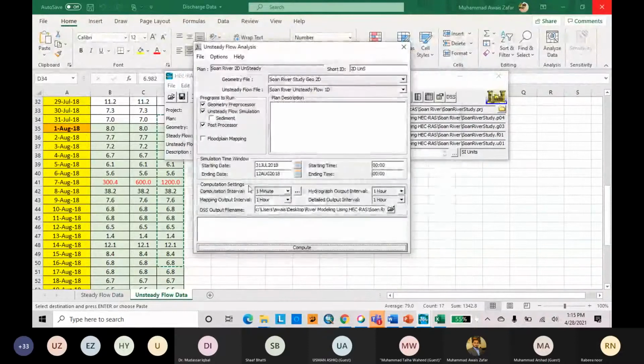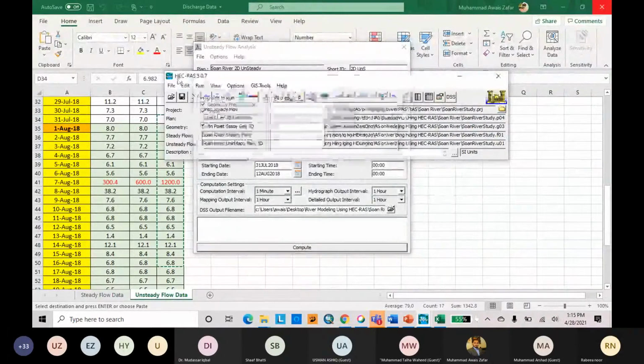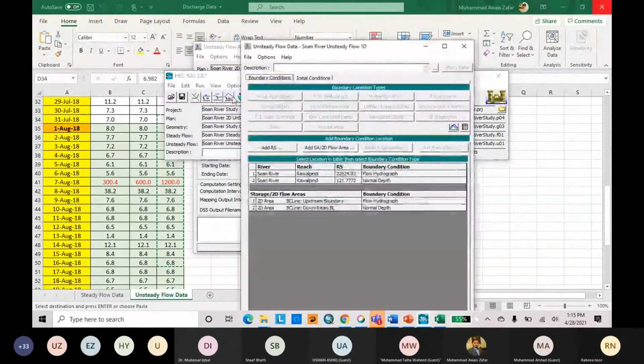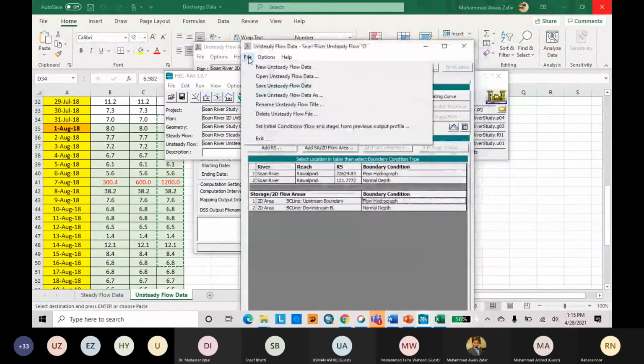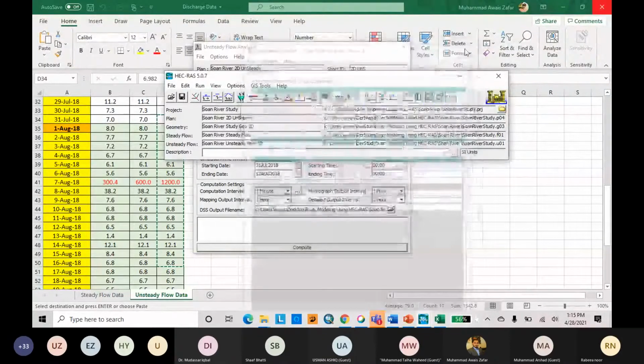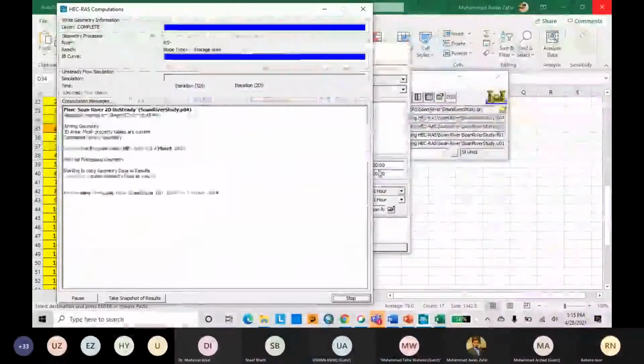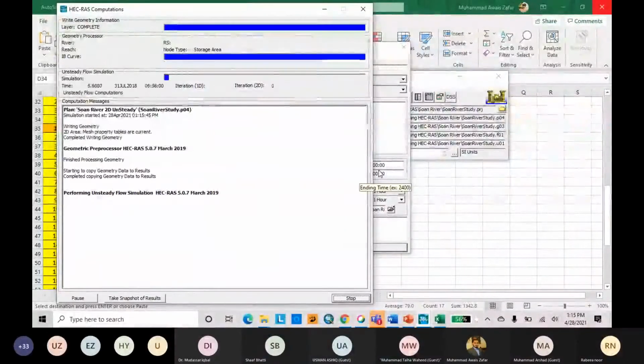Okay, they end at 31 July. The equation used for 2D flow simulation is the diffusion wave equation. We have not changed the equation to the full Saint-Venant equation, which is called the full momentum equation. 2D flow simulation.